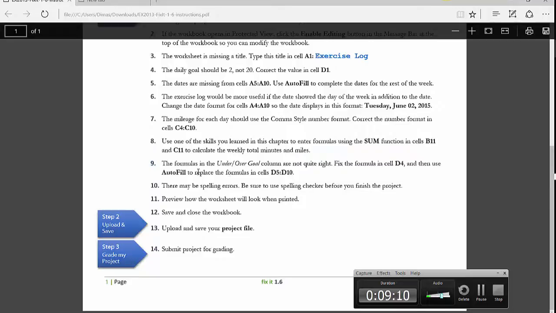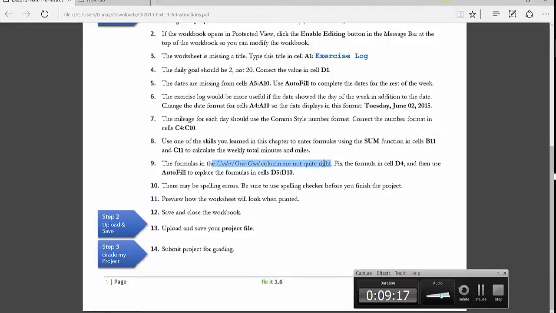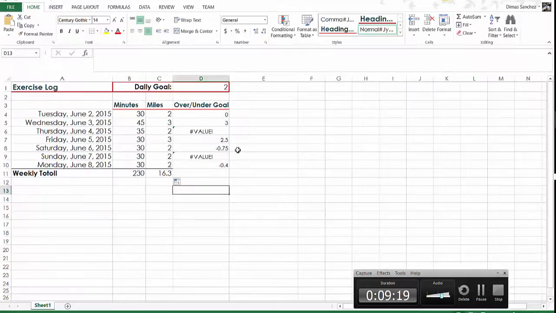Now we have the formulas in the under over goal column are not quite right. We are going to fix that. Let me explain what is wrong with this. When you see something like this, it means that you are using a formula, but the formula is getting the data from a value that is